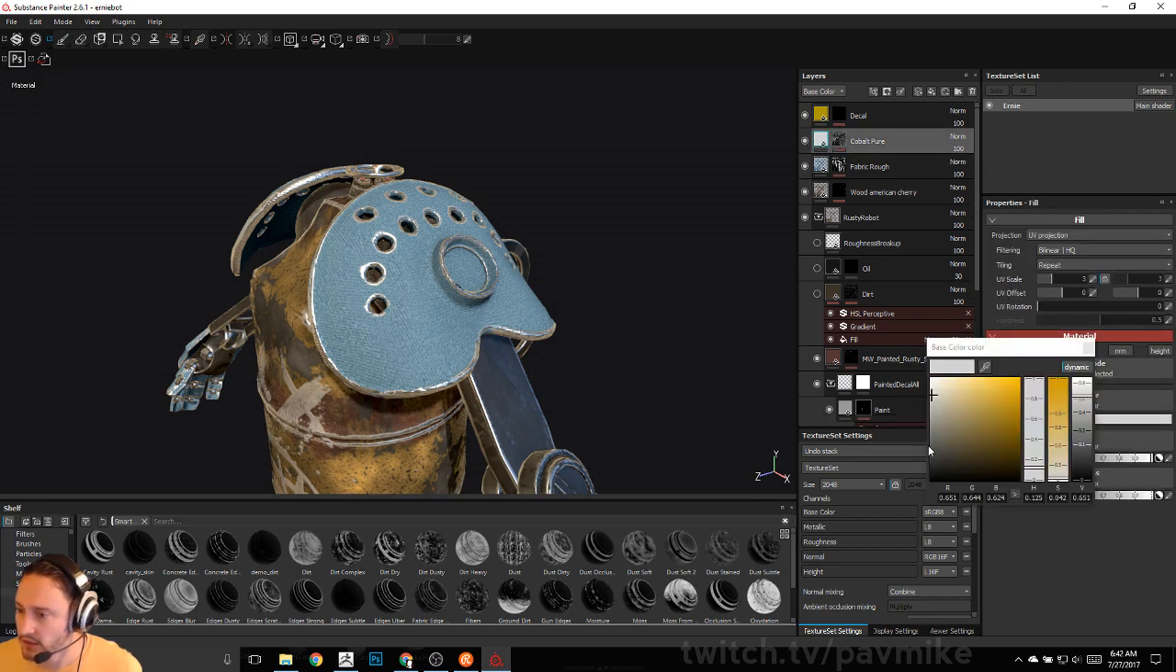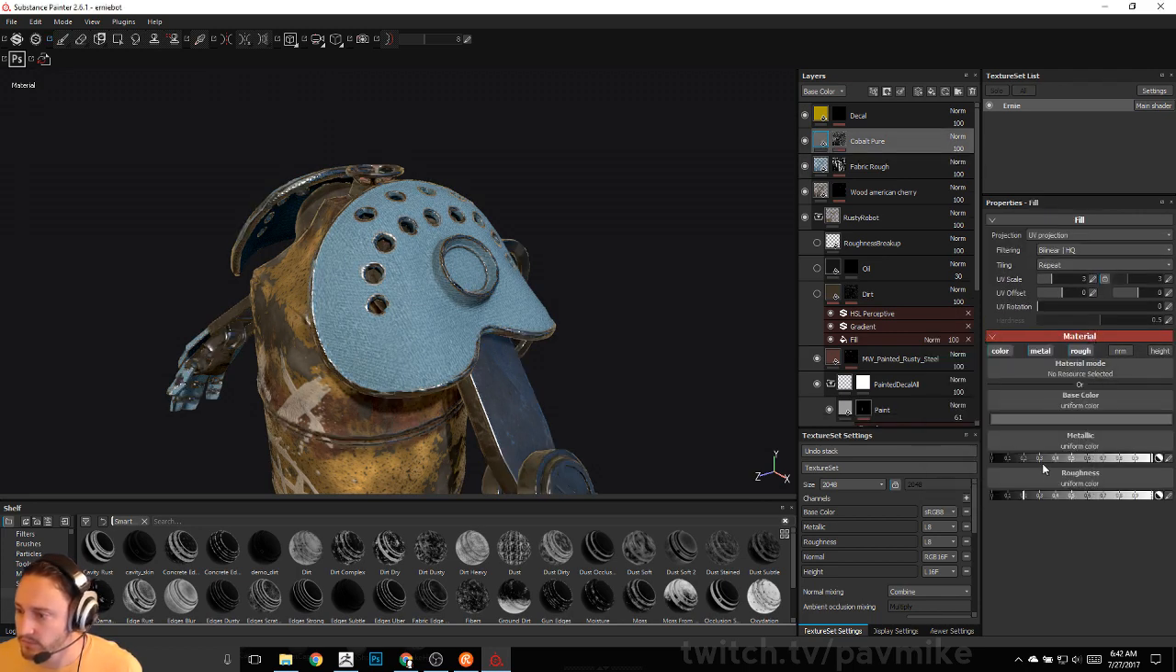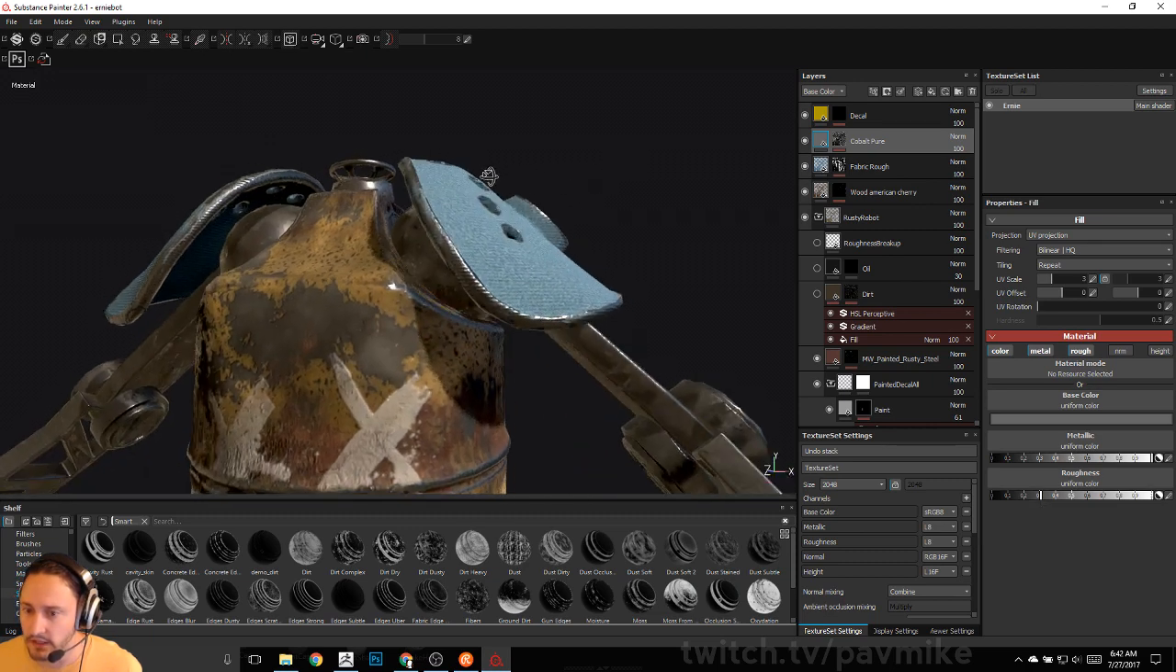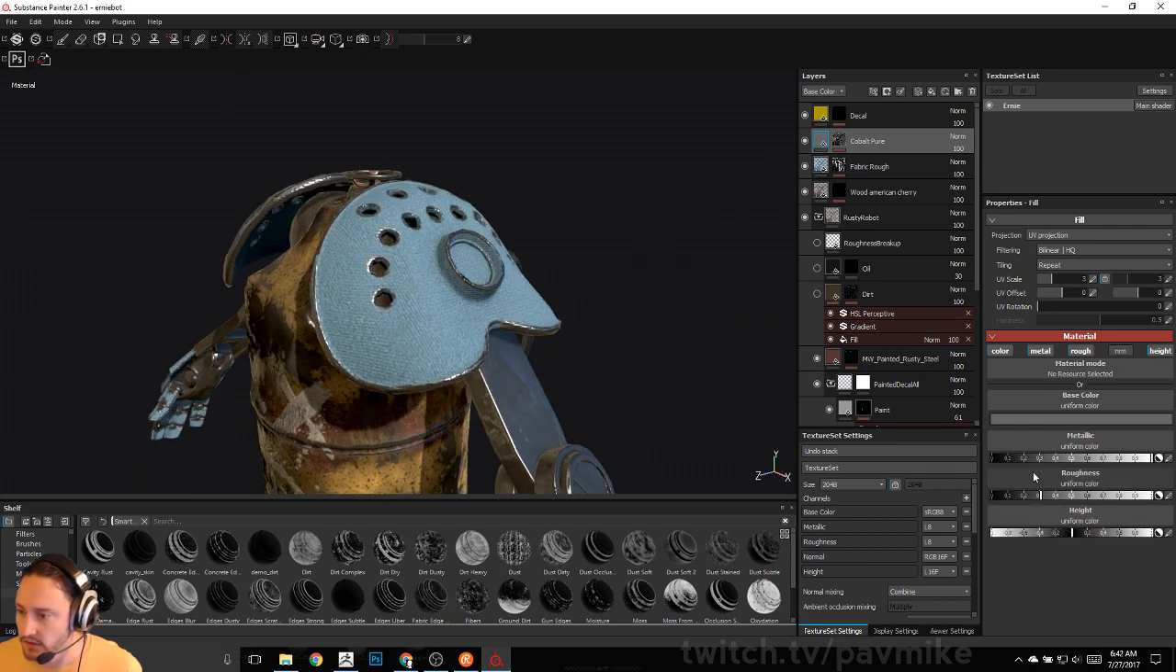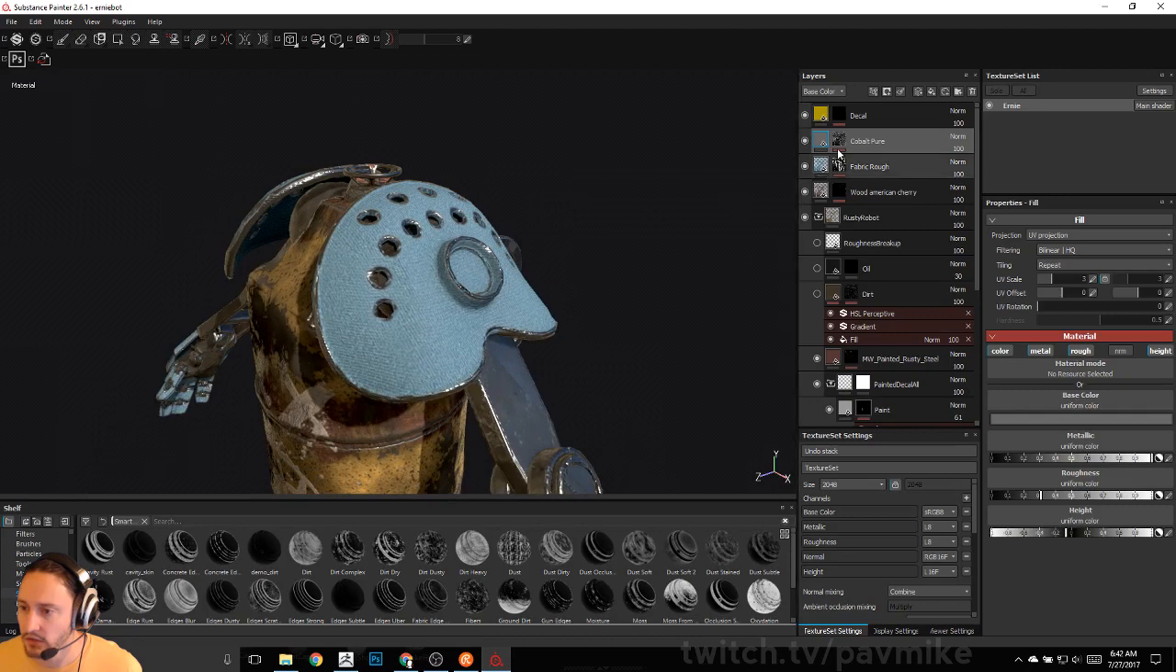So if we go here, we can make that a little darker and a little more rough. And now it's kind of wearing to a crappier material. You can also go in here to the height, if you turn that on, and you can say, I want it to bump in around there, or I want it to bump out around there. And you can also say, I only want it to show up